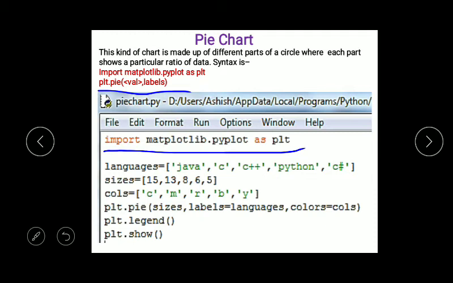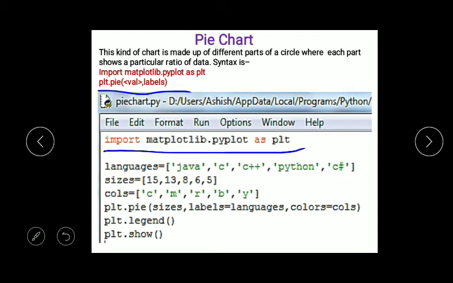There are 5 different programming languages in a list named languages. Now sizes equals 15, 13, 8, 6, 5. I am taking another list, sizes equals 15, 13, 8, 6, 5.